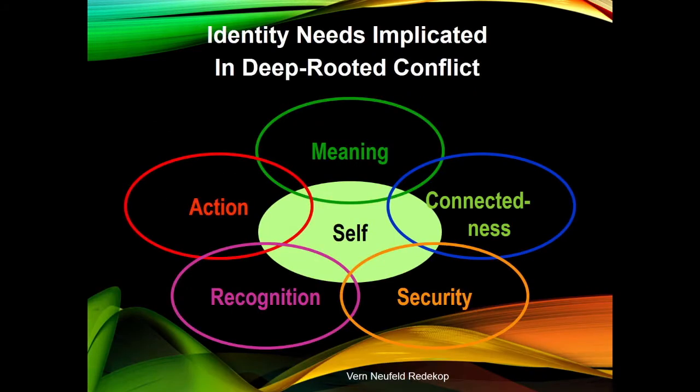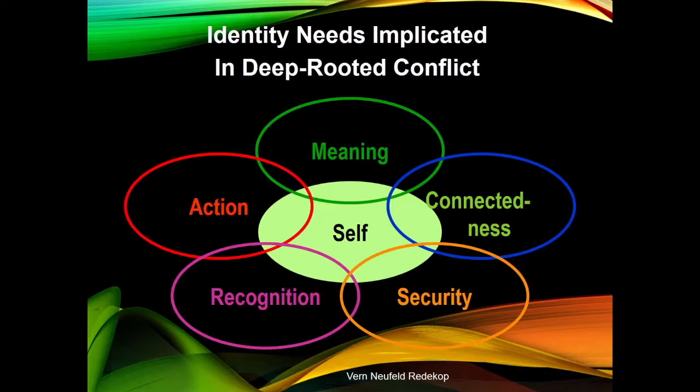When I was starting this journey and people talked about identity needs, I kept asking, well, what really are the identity needs? Where do they come from? What are we really talking about? And in the literature, I identified 24, and I thought, oh, if we really want to be coming up with something that is meaningful and helpful to people to work with, 24 is a little complicated. So I synthesized these into the 5 needs that are on the screen: a need for connectedness, security, recognition, action